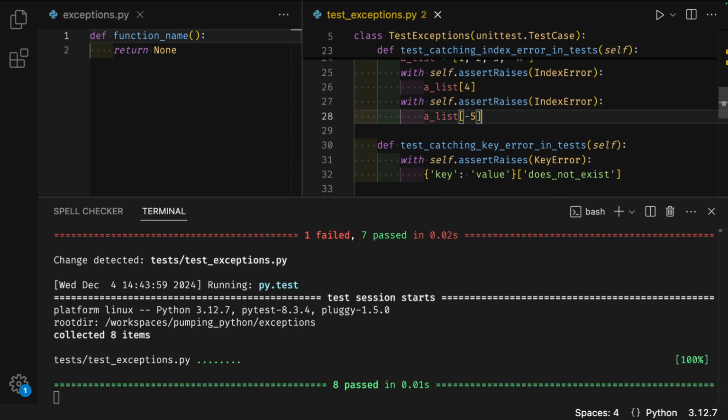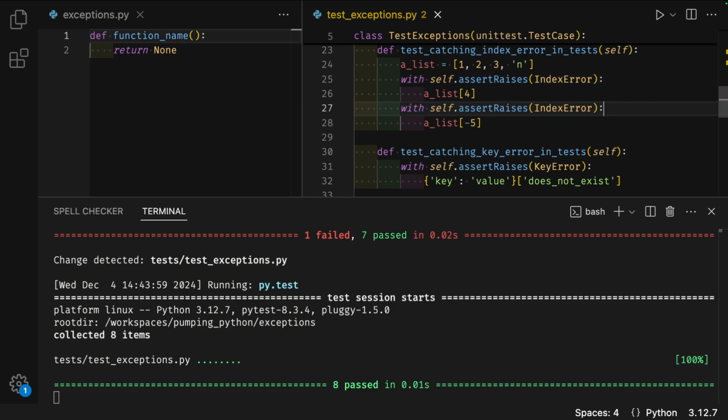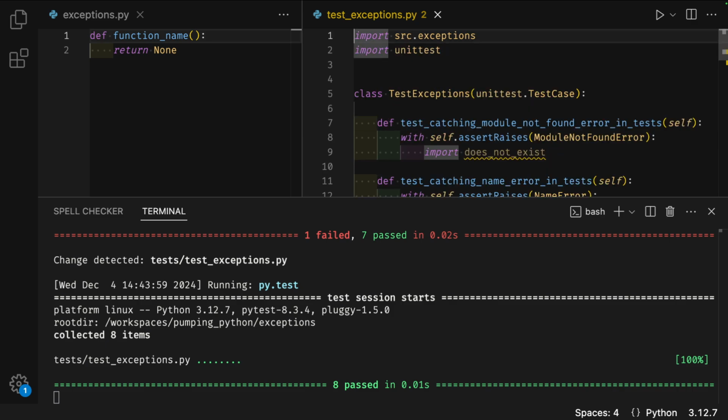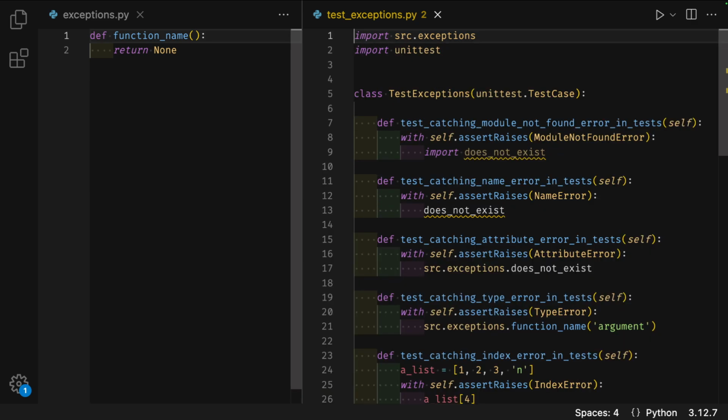As a rule of thumb, I write one line of code for one exception handler. That way, I know which line causes which error. All the tests are passing, so I will close out the terminal. I ran tests